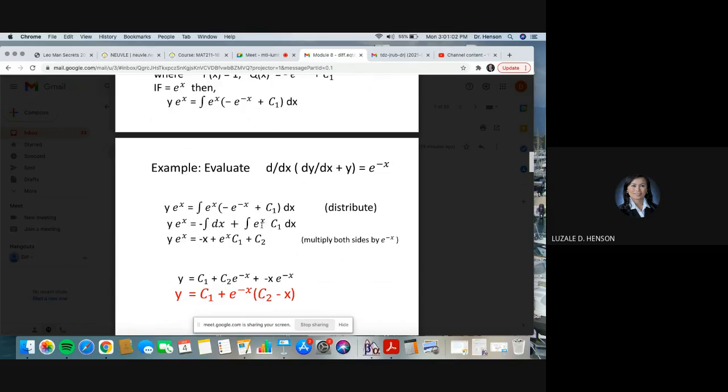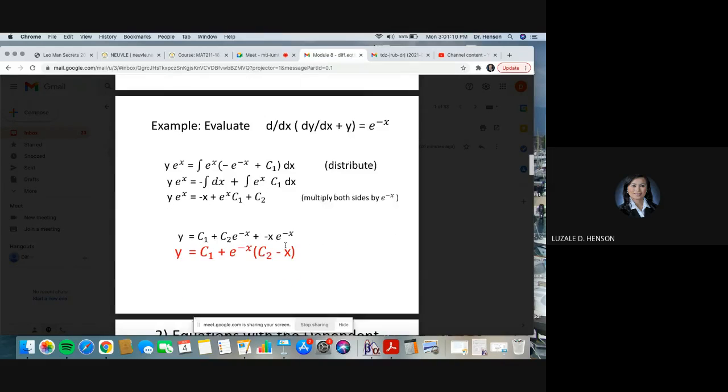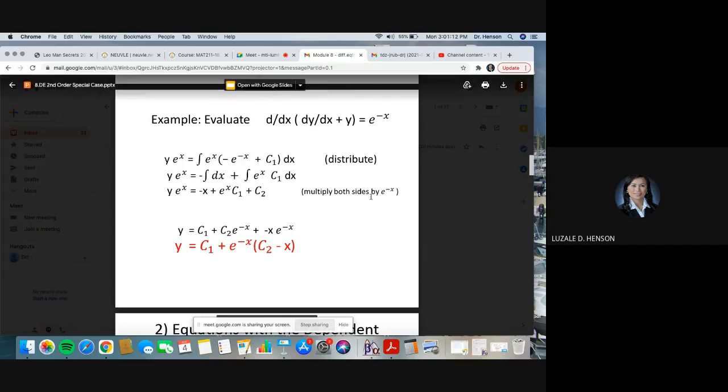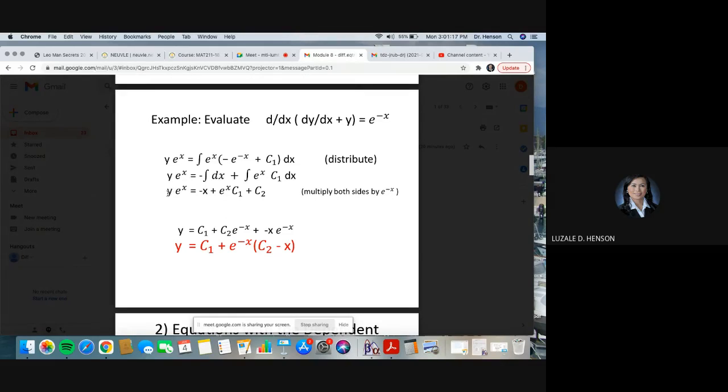This is just equal to negative x. And this is also, with this as a constant, c sub 1 times the integral of e to the x, which is simply e to the x plus c sub 2. And simplify your answer by multiplying both sides by e to the negative x so that it will be exclusively y on the left side. And so you have, arranging it,